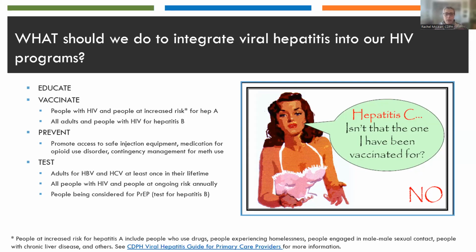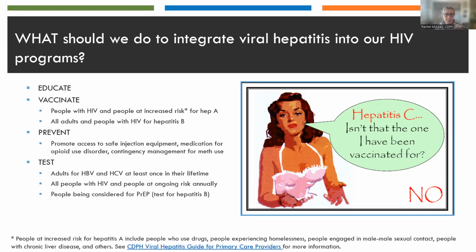Another way to prevent viral hepatitis is to promote access to safe injection equipment. Dr. Kirkard talked about the sterile syringe services program that they started, which is wonderful. Also, strategies that are known to reduce hepatitis C transmission among people who inject drugs are medication for opioid use disorder, such as buprenorphine or methadone. There's not as much literature on contingency management for methamphetamine or cocaine use and its potential for reducing hepatitis C, but it's really one of the only evidence-based interventions that we have for meth use. And so I would imagine if people inject less frequently, they would probably be at lower risk